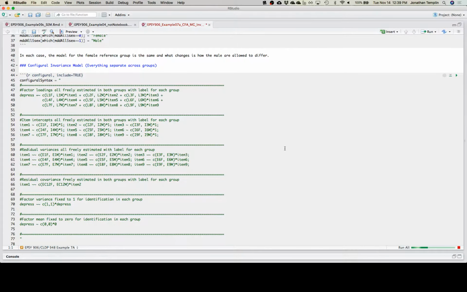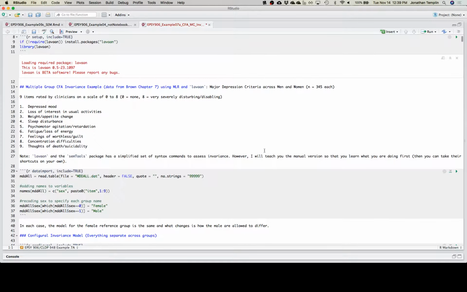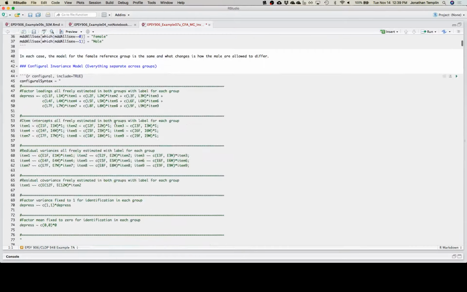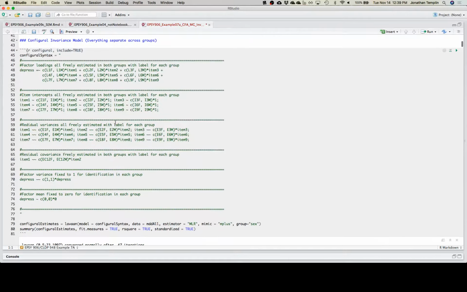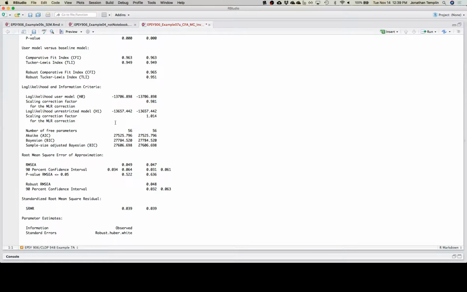Once again, we started with the configural model. This is the data that came from Brown, Chapter 7. There are 9 items rated from 0 to 8. We're using the CFA models, pretending these are continuous. We have our configural model syntax where every group gets a separate set of parameters. That's sort of our overall baseline model. We want every one of our subsequent models, where we start making things equal across groups, to fit as well as this one. So that's what we're always checking for, right? When we start constraining parameters to be equal, we go back and check: does it fit as well as the configural model? It should, right?